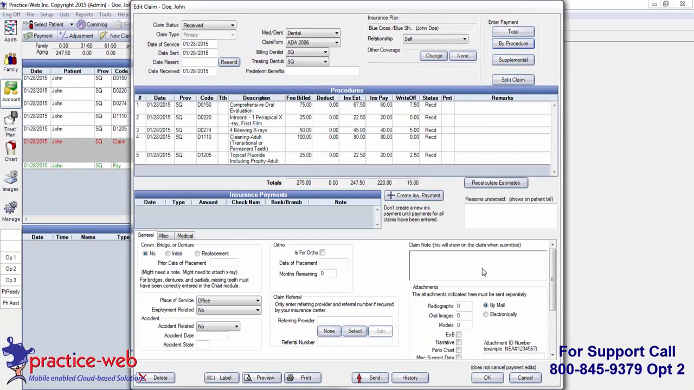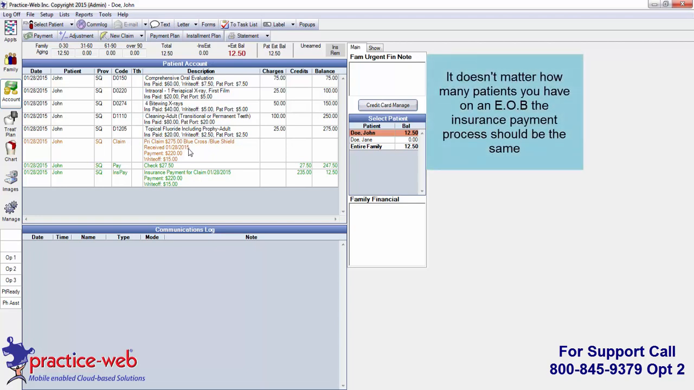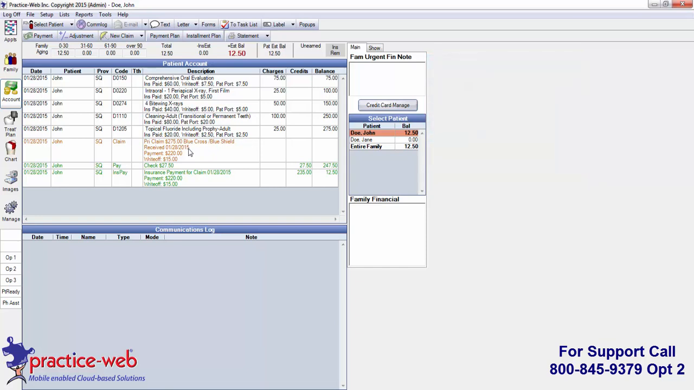Once you click OK to save your payment, then click OK in the lower right corner of the Edit Claim screen. This will save your payment and change your claim status from sent to received. If you have more than one patient on your EOB, then repeat this process for as many patients that are listed. Once the last patient on this EOB has had their payment entered, in the center of your Edit Claim